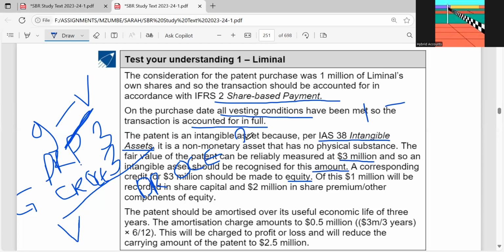Now, when you remove the other components of equity, it's like you go on and recognize the actual equity, which is the share capital, right? Since we are told that we had the share capital of 1 million, I would say credit share capital at 1 million. And after crediting share capital, whatever remains is usually recorded as the share premium. So I would also say credit share premium at the remaining balance, 3 minus 1, which gives us